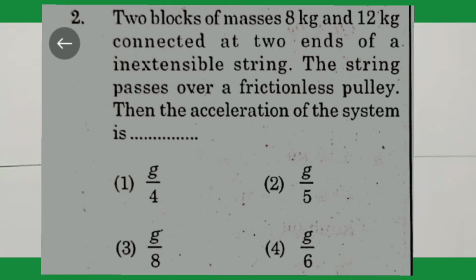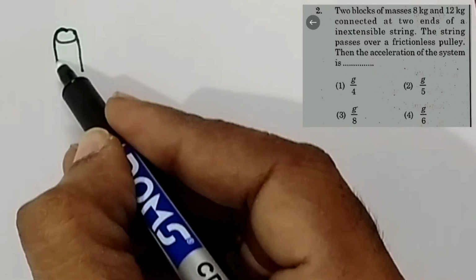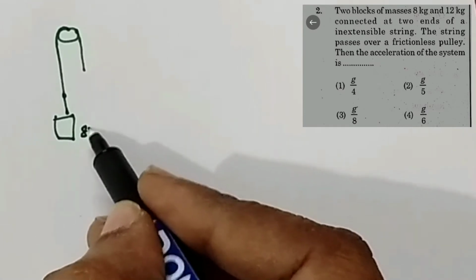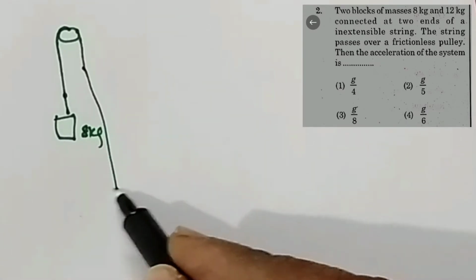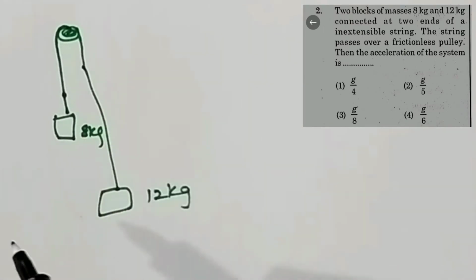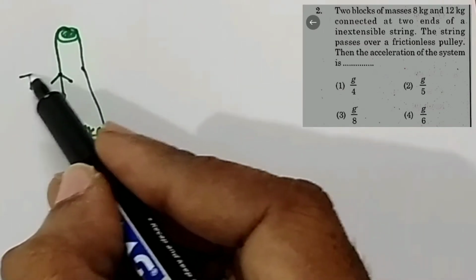Watch this bit. Two blocks of masses 8 kg and 12 kg are connected at two ends of an inextensible string. The string passes over a frictionless pulley, then the acceleration of the system is? So here there are two blocks, and these two blocks are arranged with a frictionless pulley. So this is one block, that is 8 kg, and this is another block, and this is about 12 kg. So here this is the pulley, and for this 8 kg block tensional force acts in upward